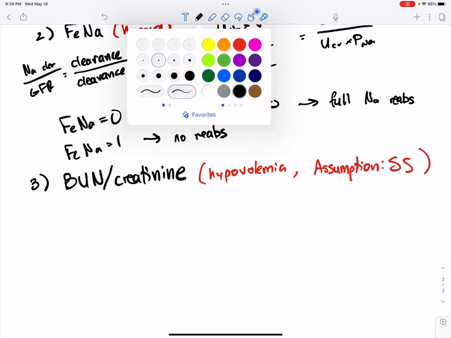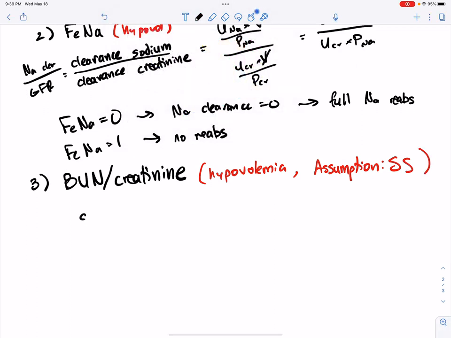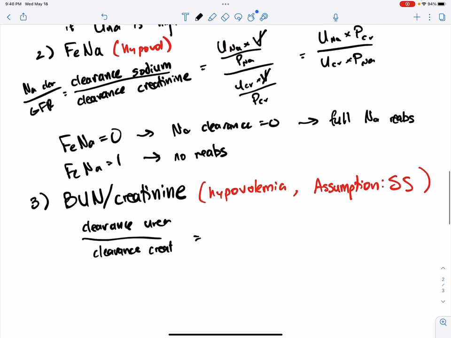Imagine we're interested in our clearance of urea divided by our clearance of creatinine, just like above. Remember, urea and sodium are very similar in that they can be used as measures of our reabsorption. So if we say clearance of urea by clearance of creatinine, and we make the assumption, like we did above, that our production rate and our excretion rate are about the same,